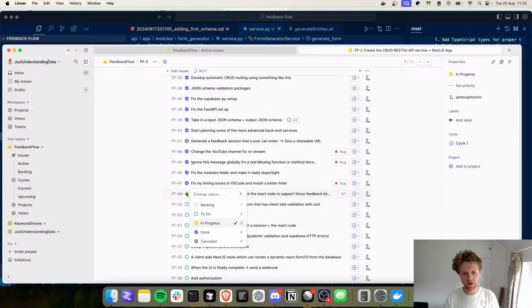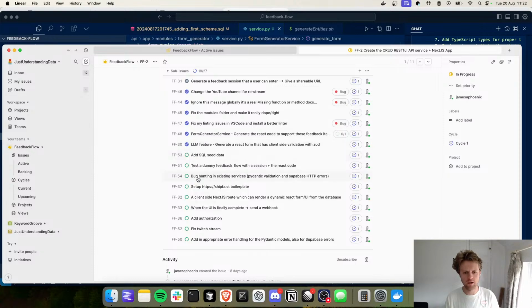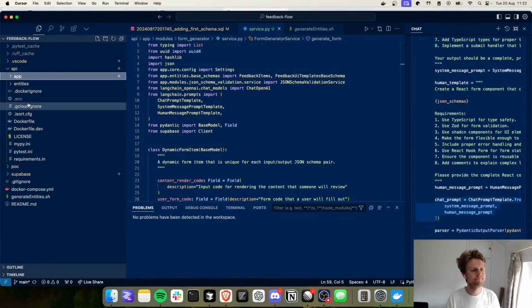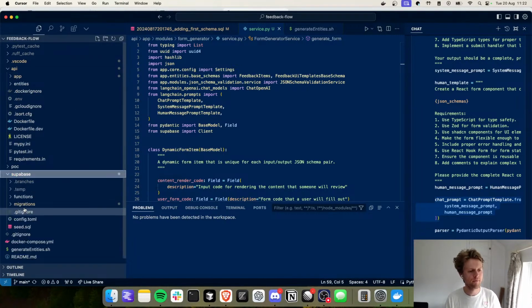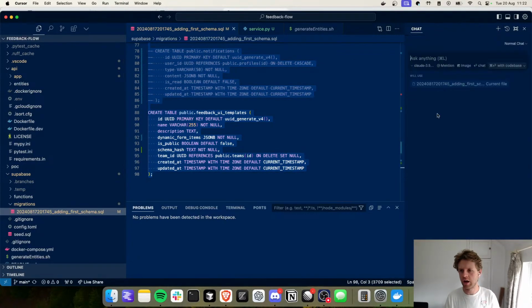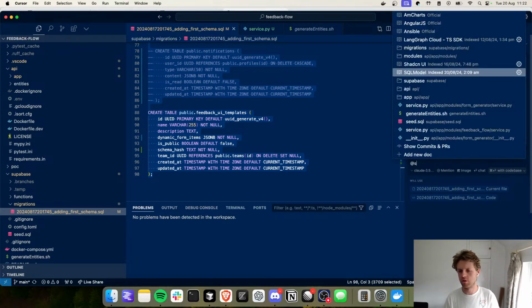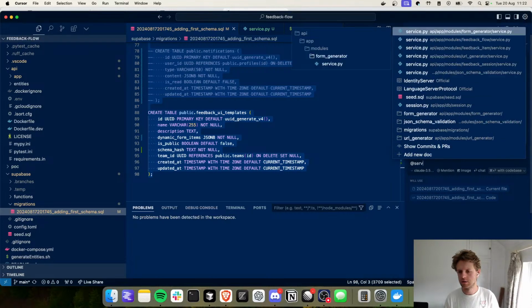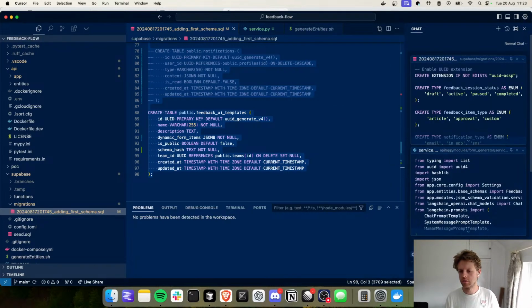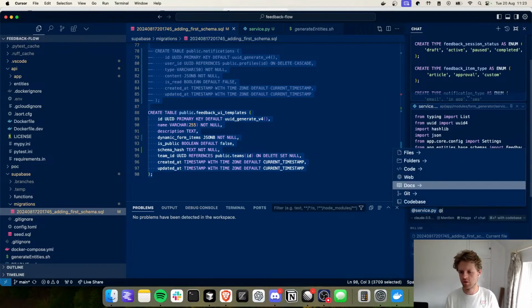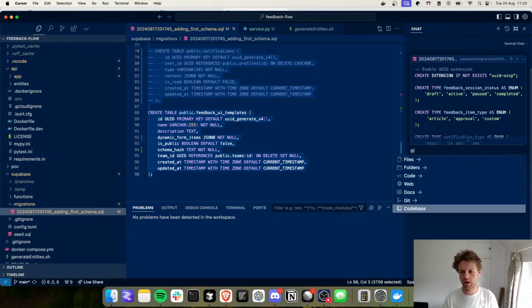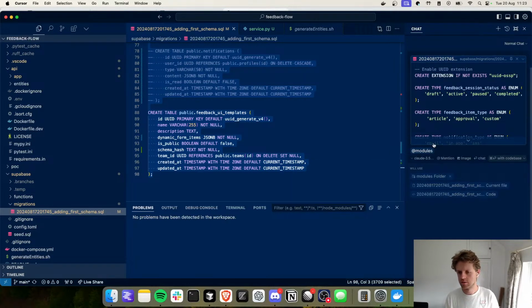Right, we've made a form generator service, and we have generated a form that has client-side validation. Let's add some SQL data for the seed data for the user and the team so that we can actually test this flow. Again, I'm just going to paste this in, and I'm going to also paste in all of the services here. So if we just do service.py, and then actually, maybe an easier way to do that is to just paste in the modules folder,